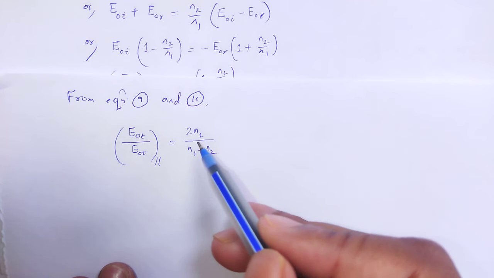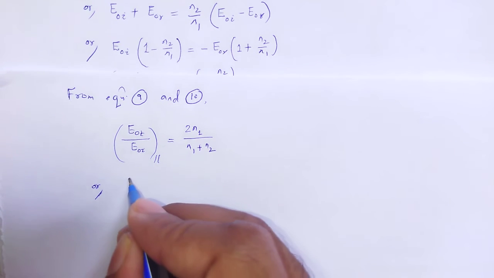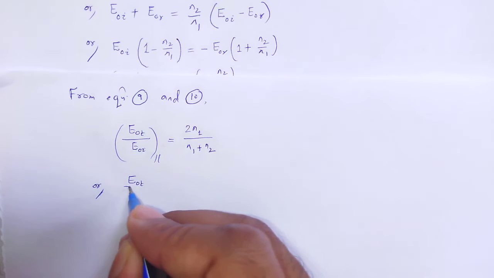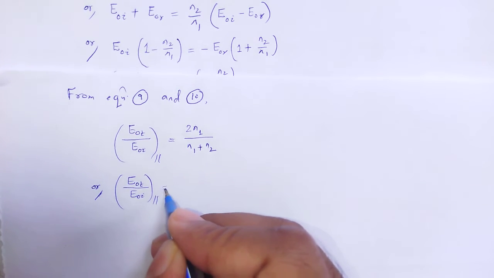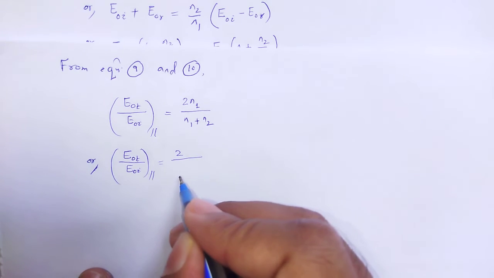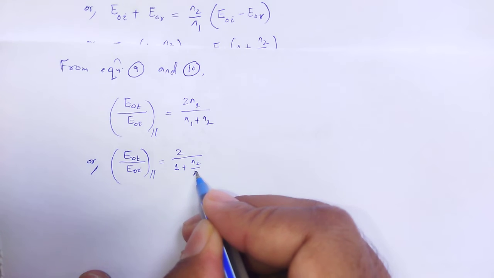Let N1 be divided in the numerator and denominator side. So we have obtained E0T divided by E0I parallel, 2 divided by 1 plus N2 by N1,